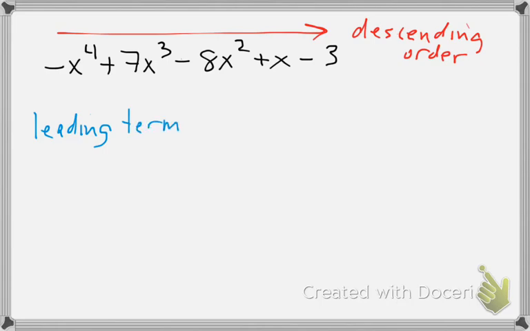The leading term would be negative x to the fourth. What did I mean by leading term? The first one when it's in descending order, the one with the highest degree. Does that make sense? As a subset of that,